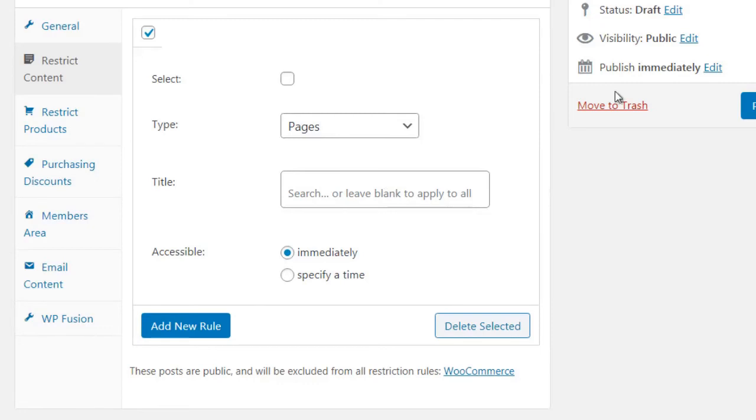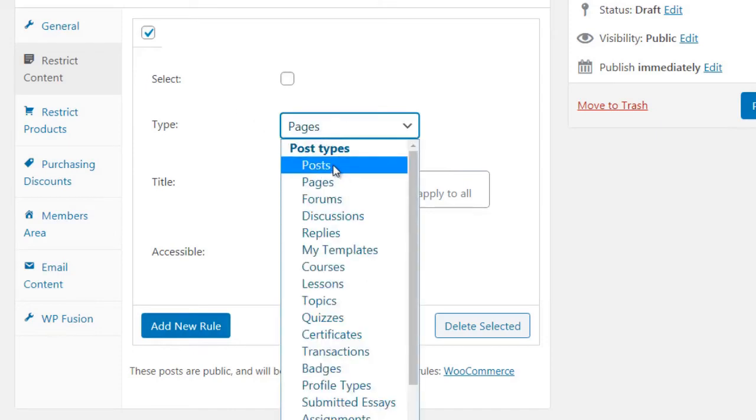Now, if you don't want to give them access to certain items, don't put that item here. The only reason why you would ever leave this blank is if you want people to have access to every single page on your site. So again, with free levels, not really the case. So you want to pick and choose the pages. So once you're done, you simply click on publish and you are done. Now, as you can see, they have pages, they have posts, they have forums, discussions,